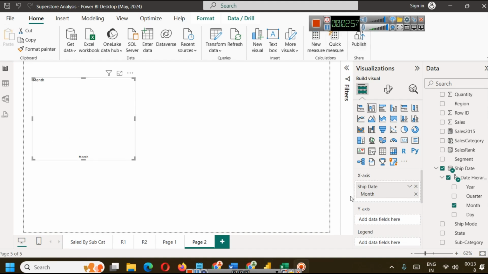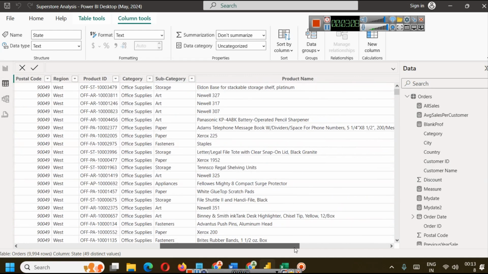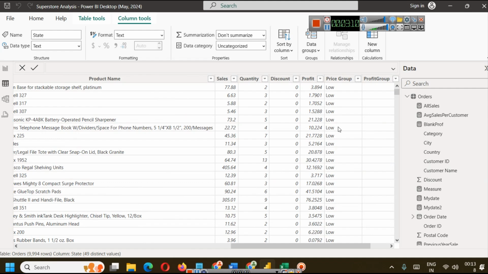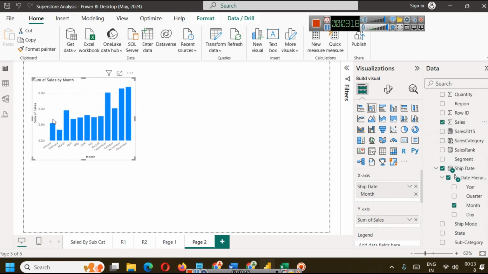So on x-axis we are putting those months, and on y-axis in the data set we have sales value. For every row, what is the value of sales, what is the value of profit, quantity, these types of things are there. So on y-axis you can bring sales here, and this way you will be seeing a monthly trend